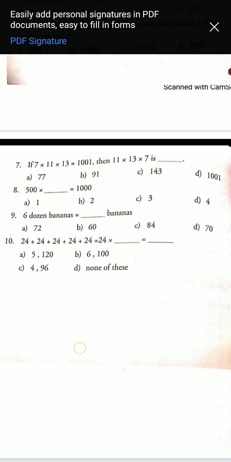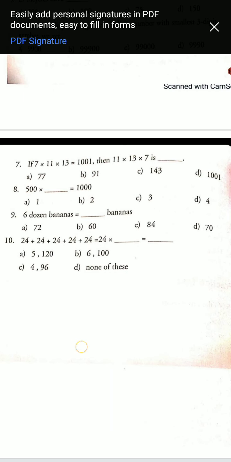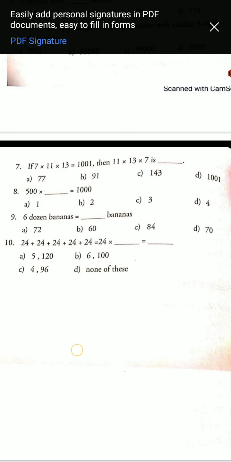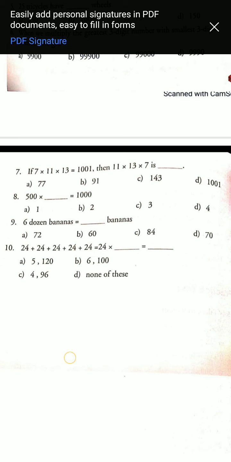Now next is, 5000 multiplied by which number to get 10000? Just imagine, students, how to do this. We have a shortcut. Here is 000, you just cross out the zeros in your mind. Then what number is left? 10. That means 5 twos are 10. Then we have to put here 2. You cut 2 zeros here and 2 zeros here. That means 5 twos are 10, we write here 10, so the right answer is 2.